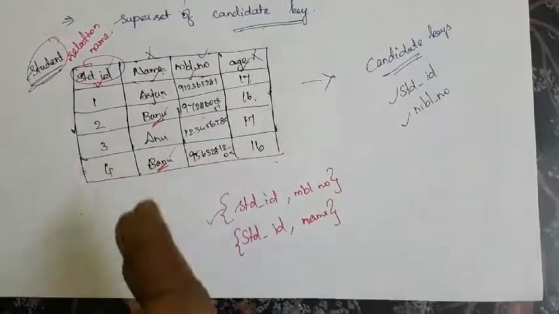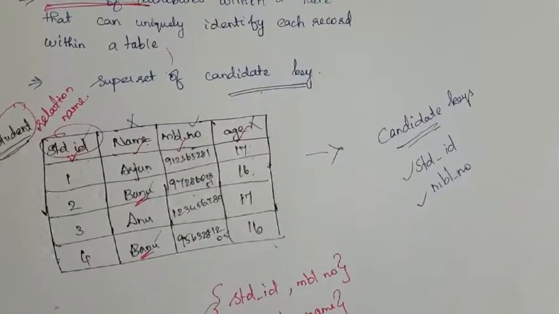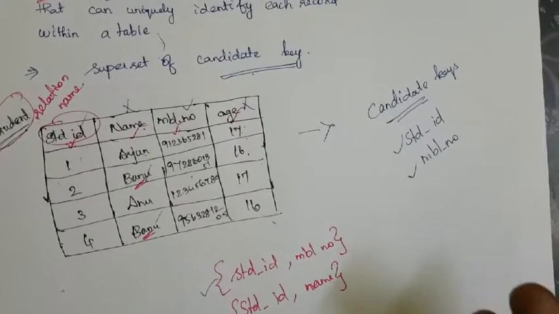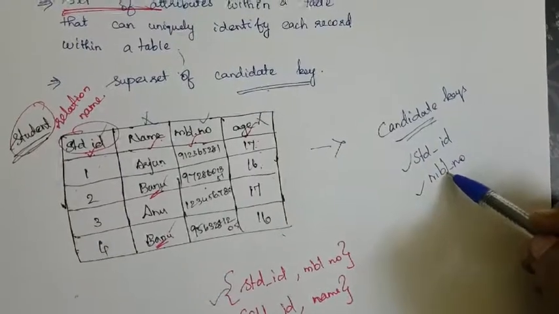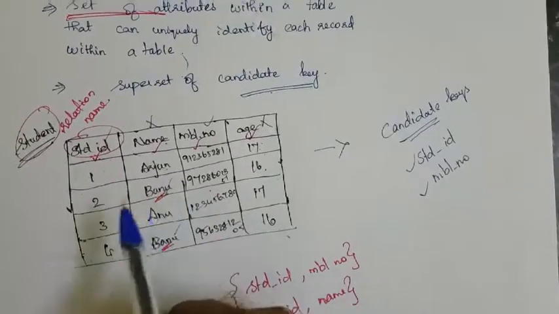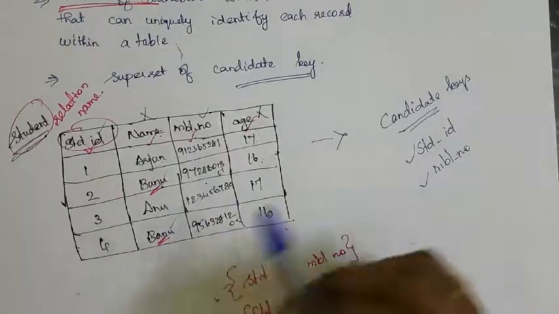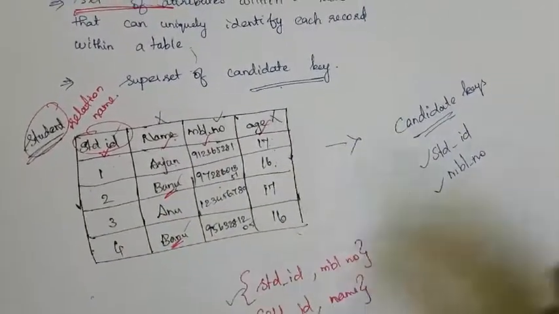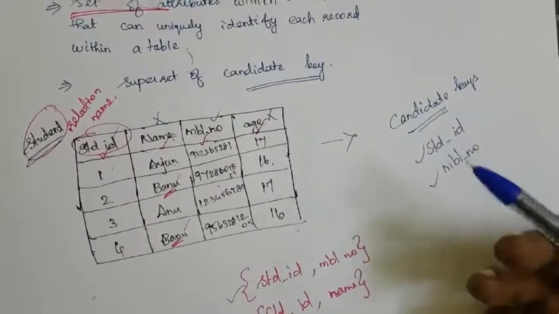One more point we have discussed in the candidate key is that removing any attribute from the candidate key fails in identifying each tuple uniquely. For example, here we have student ID and mobile number as a candidate key, right? If you remove student ID, definitely we will not get the unique tuple from the table. As well as if you remove this mobile number, sometimes it may lead to a problem for fetching the data. So it should not be removed. Okay, that is also a condition.